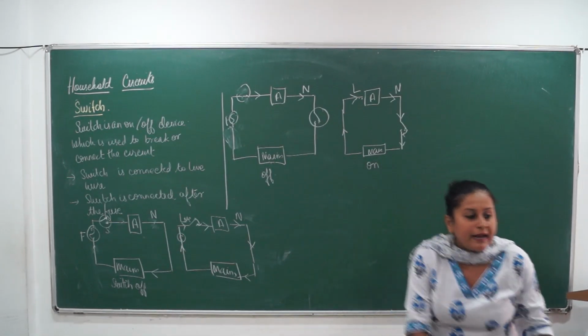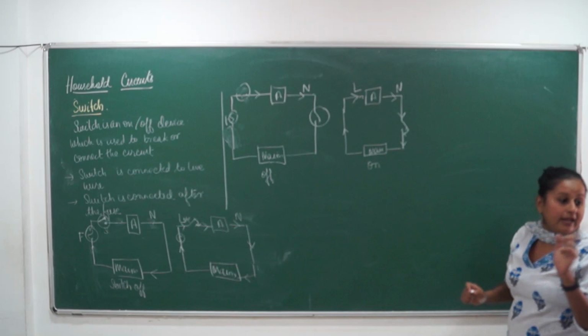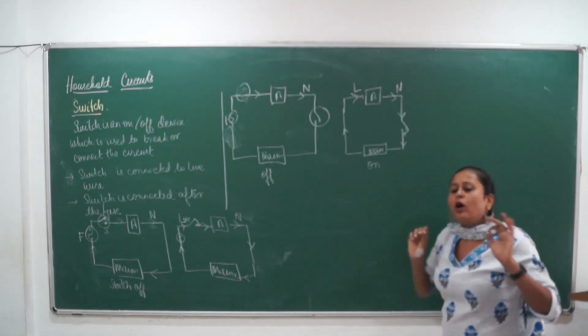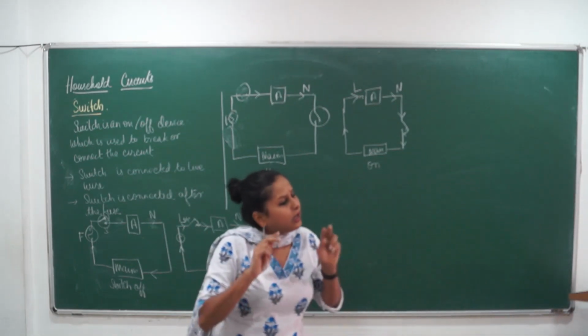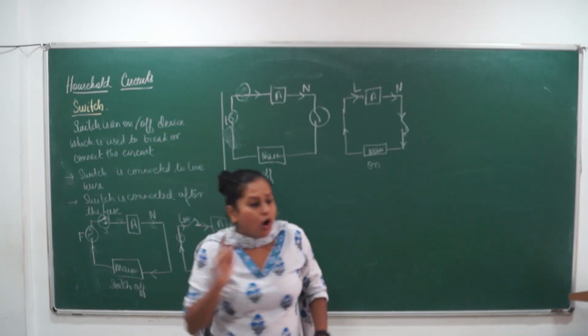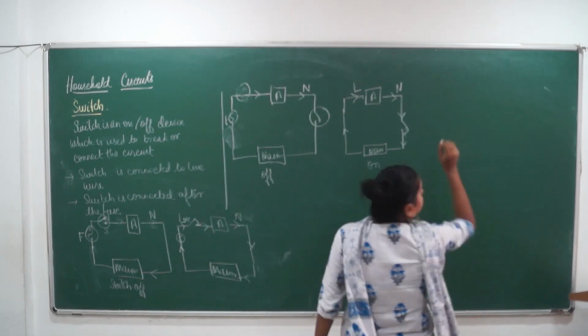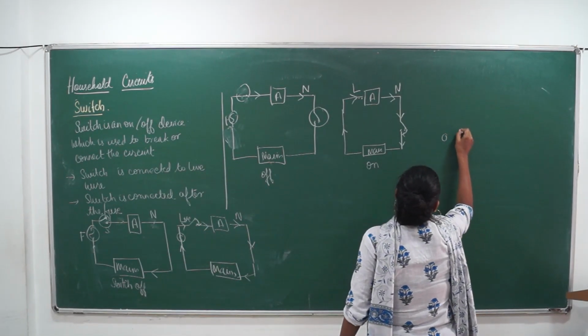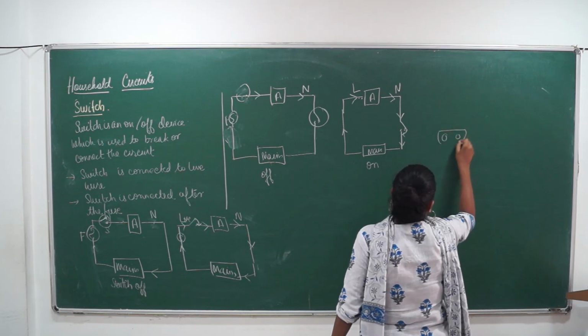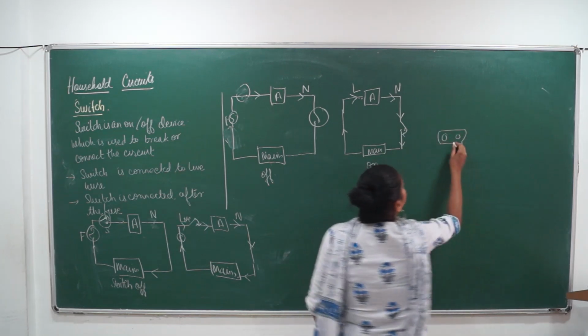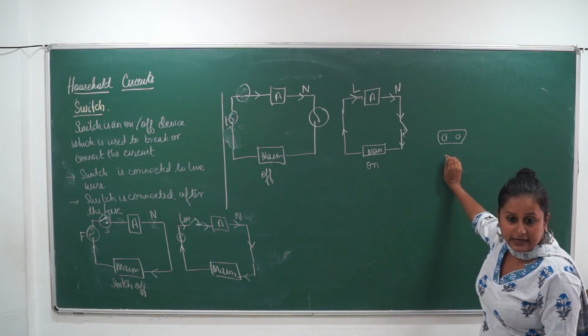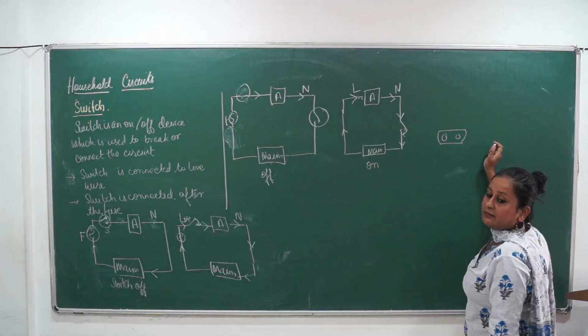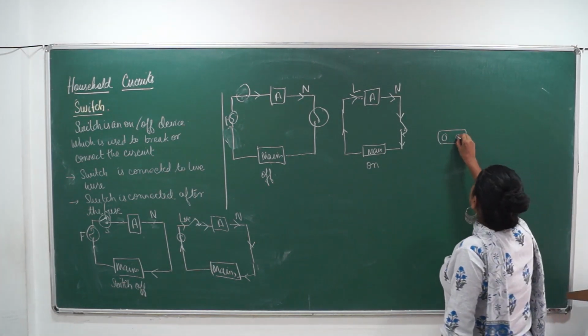Okay. I think you people are not understanding the concept of neutral and live wire. Let's see. All the appliances are connected through a 2-pin or a 3-pin. Let's take a 2-pin socket. On a 2-pin socket, the live wire will go on the right hand side. Which is your right hand side? So this live wire will go here.